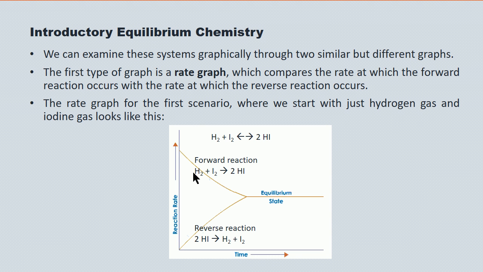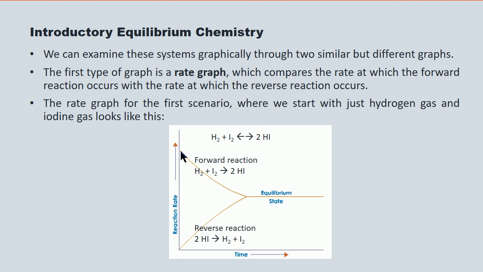And the forward reaction, H2 plus I2 going to 2HI, is represented by this curve that starts at some positive value but then slows down. And hopefully this is intuitive. The hydrogen gas and the iodine gas are being destroyed. So it makes sense that as the concentration of those reactants drops, the rate at which they react should